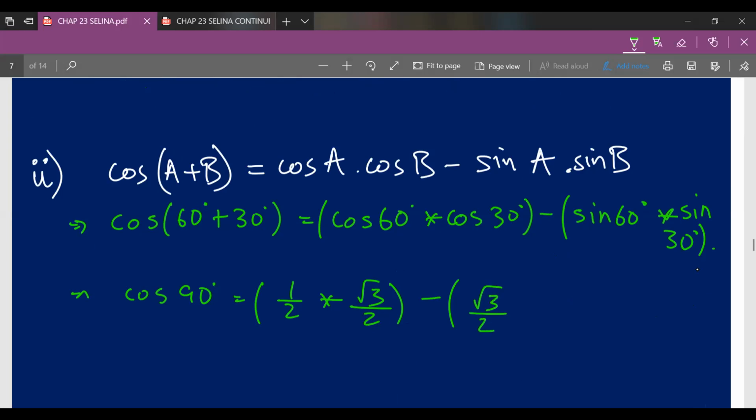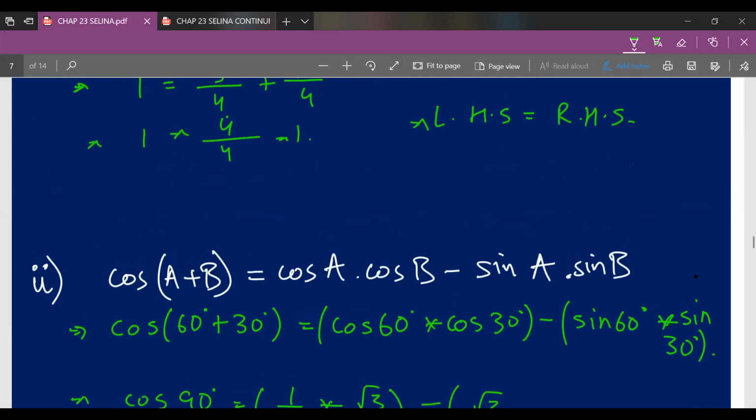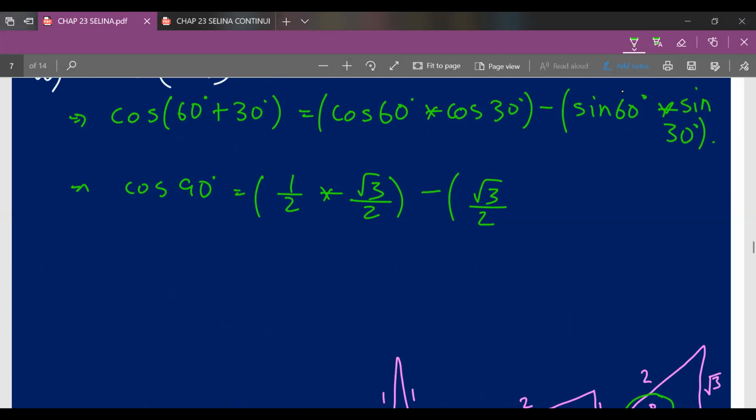Now a note to the viewers: a lot of time in my earlier videos also I mentioned the multiplication symbol as this. So many of you can refer to it as this, but to avoid the confusion of multiplication and the x in algebra, I would write the multiplication symbol as this. So you could make the adjustments. So just rub this a bit and we'll continue with our sum. So over here sin 60 is root 3 upon 2 into sin 30 degree.